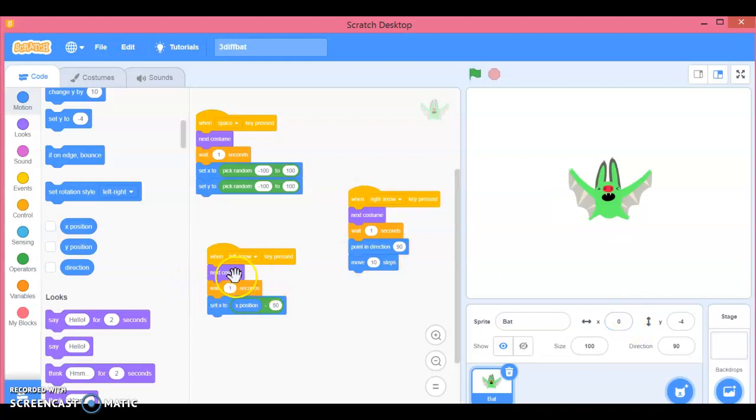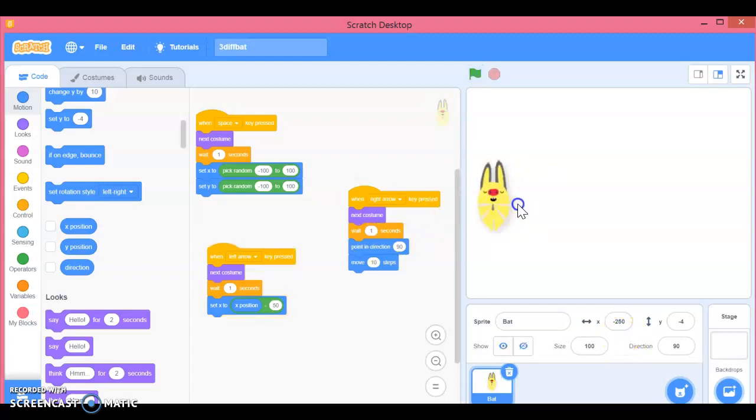Now let us observe the left arrow. It must reduce by 50 steps. So left arrow, minus 50, again left arrow, minus 100. A small correction, this is the left arrow. Left arrow again, minus 200, left arrow, minus 250 position.